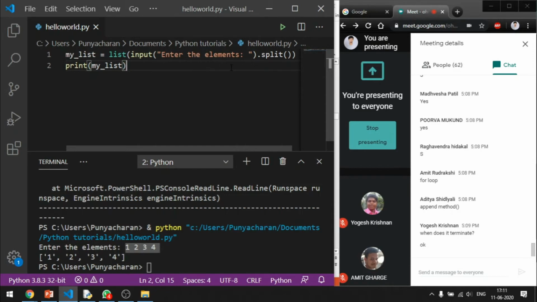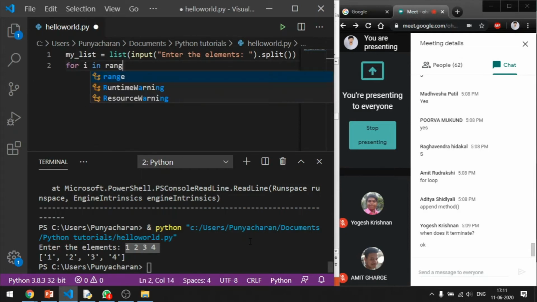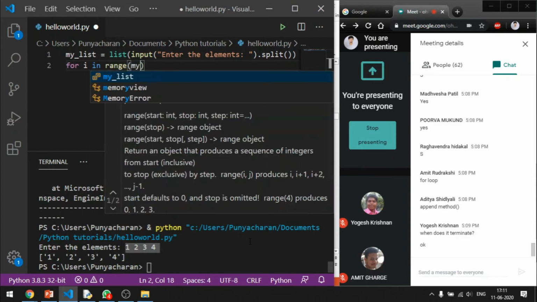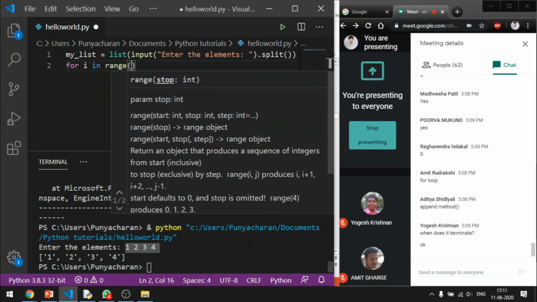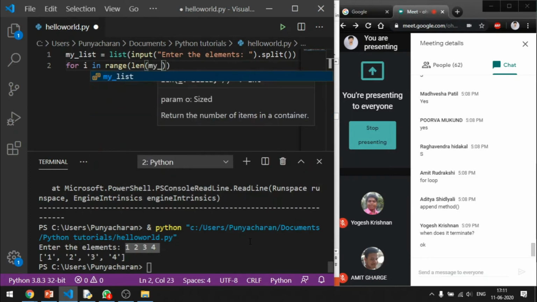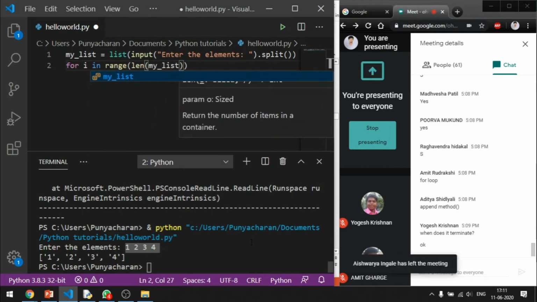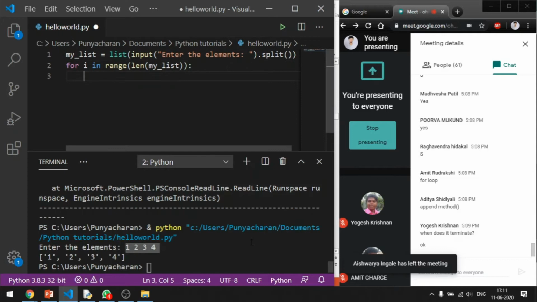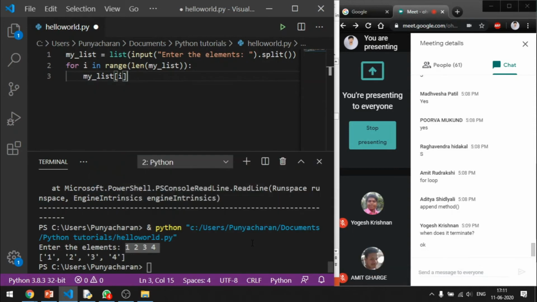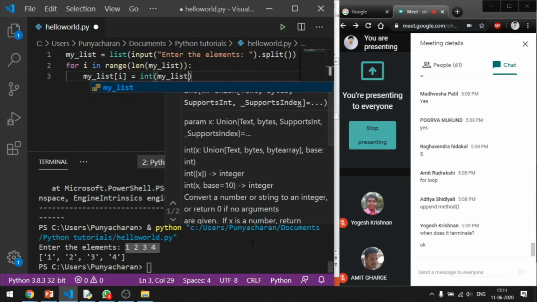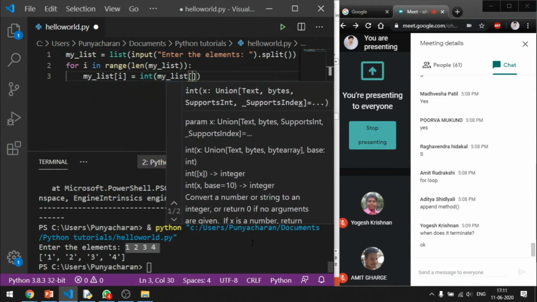If you want to convert that particular list into integers, here is what you do. For i in range of length of my_list, colon, my_list of i is equal to int of my_list of i.